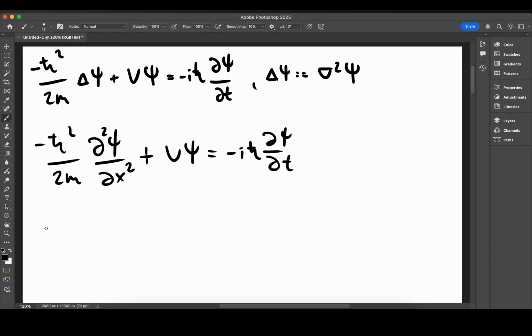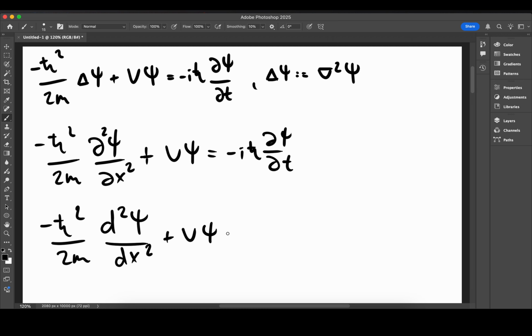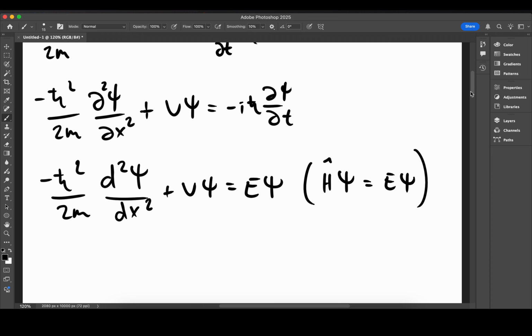The time independent Schrodinger equation then looks really similar. The left-hand side is exactly the same. I'm going to switch to ordinary derivatives here: second derivative there, potential function times psi, and this equals the energy eigenvalue times psi. This is the very nice statement that the Hamiltonian acting on the wave function equals the energy times the wave function, and this is what we're going to be working with